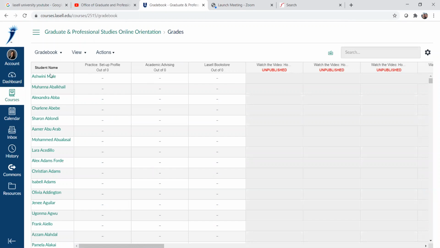You'll find your name. It'll just show you I'm an instructor for this course. And then it'll show your grades. You'll be able to search by various subject areas, and you'll be able to see if grades have not yet